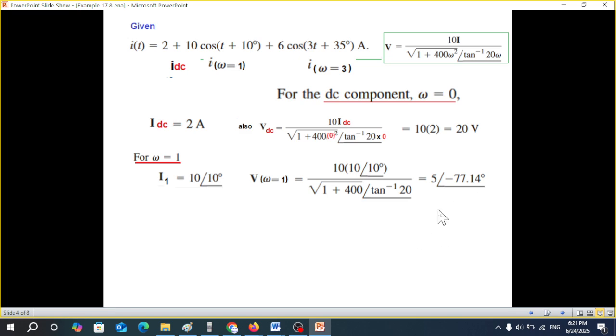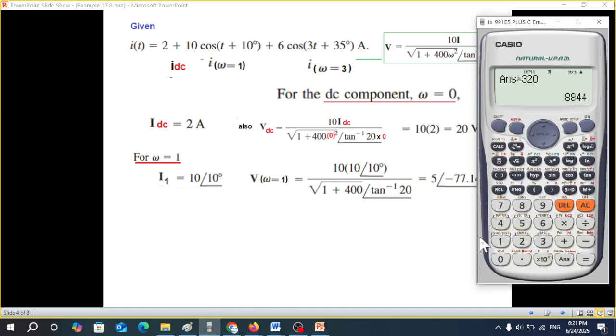And this you can easily do by using your calculator in complex mode. So let's see, it is already in complex mode. If you want, you can press mode and then 2 for complex. So it is in complex mode. The angle has to be D for degree. And now let's write this. 10,